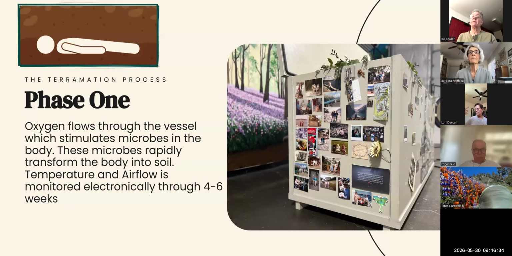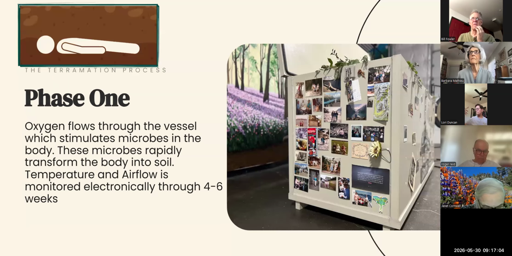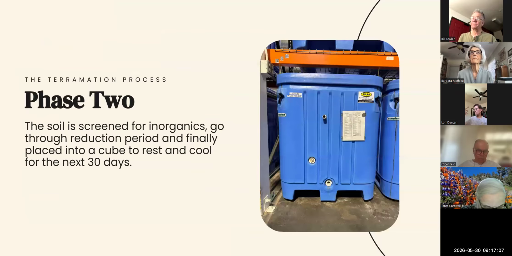Then a week or two later, temperature will drop for a second time. We'll go and do another rotation, see if that temperature goes up. But all in all, we'll do maybe two or three of those rotations per individual. But of course, the reality is, as we're living, we're all very different, and it is the same when we die that we're all different as well. So we just let that temperature tell us and that nature tell us when our body is finishing our transformation in that time. So all in all, we'll keep track of that temperature for anywhere from a month to 2 months, which then brings us to the second phase.